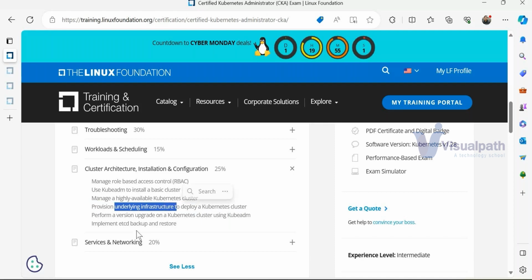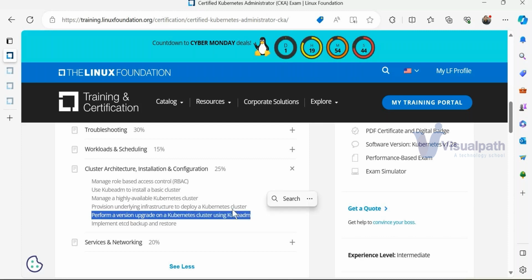Tomorrow, if Kubernetes upgrades to another version, say it is 1.28 and they upgrade to 1.29, I can upgrade my things. So, version upgrade in a Kubernetes cluster using kubeadm. As I said, this is the admin user. Using this user only I can upgrade. People will not have this user; they will have some other user. As and when I want to do some specific task on my cluster, I will use this user, and with it I can do only the administration part. So upgrades and all that we'll do using kubeadm.